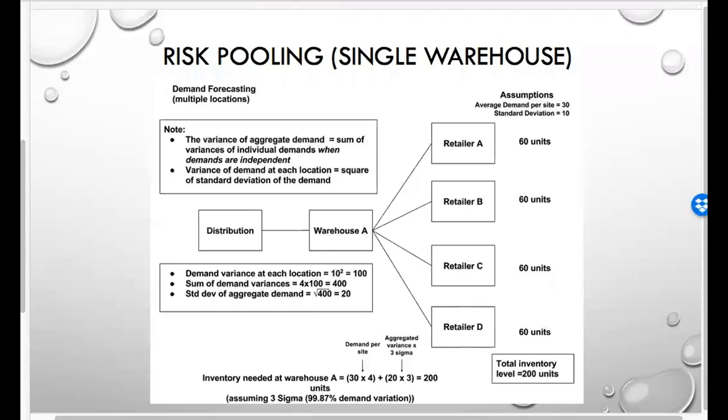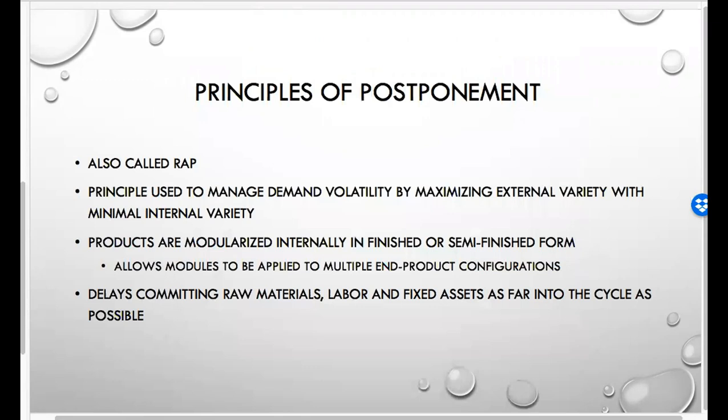Now, principles of postponement. This is something that I don't believe is covered in the textbook, but this is something that's important when you're talking about absorbing variation within a supply chain. When we go to systems theory, Ashby's first law of systems is that only variety can absorb variety. So when we have increased external variation, we have to increase the amount of variety within the system.